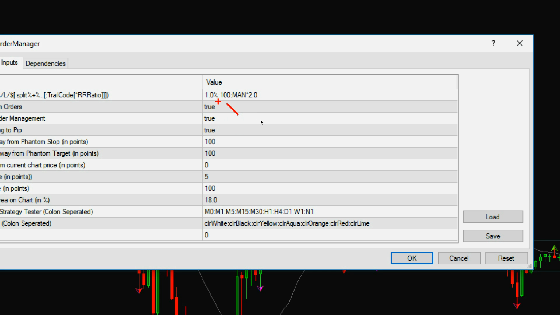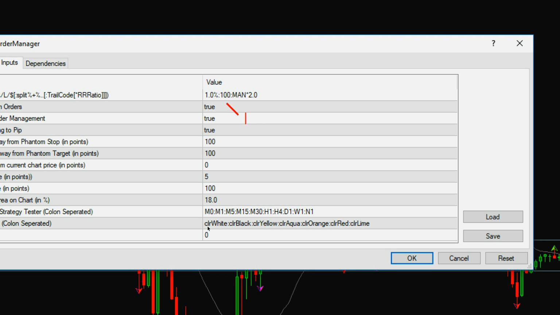If the lot size for that risk of $100 is, let's say, 1.2 lot, it will open a single order with 1.2 lot. But if I want to split it from the very beginning, here instead of 100, I can define something like